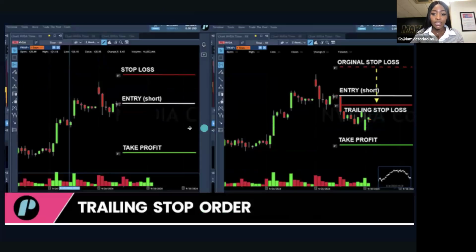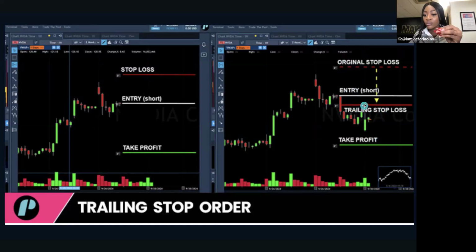Let's move on. We've got trailing stop loss. Now, let's say I entered this market right here, right? And the first diagram actually shows me entering the market. I've set my stop loss, I've set my take profit. Now, the market has decided to go in my direction. It's right now in profit, right? All I need to do is move my stop loss. If I'm going for a sell, I want to move my stop loss below the entry price. But if I'm going for a buy, I want to move my stop loss above the entry price. So meaning I'm trailing my stop loss until take profit.